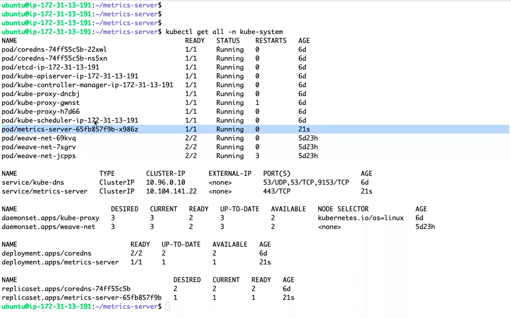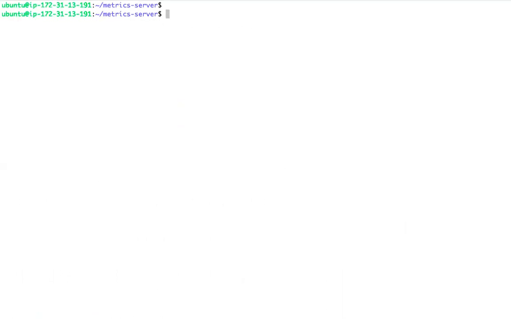This metric server will interact with the Kubernetes API to gather the information about nodes, pods, and pod metrics. Now we deployed this metric server.